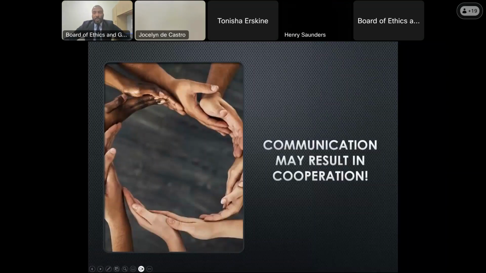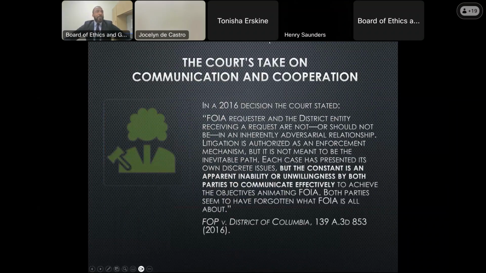Communication may result in cooperation. Note on communication and cooperation. This comes from a 2016 court decision. It states in relevant part, FOIA requesters and the district entity receiving a request are not or should not be in an inherently adversarial relationship. Litigation is authorized as an enforcement mechanism, but it is not meant to be the inevitable path.